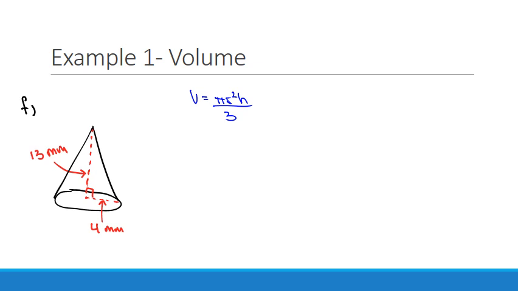Again, the one add-on with this question is, remember, there's my slant height. So they may give you a slant height and you have to find the height. If that's the case, it's just like the pyramid examples I've done, so there's nothing different about that. So let's get right to everything here. So 3.14, my radius is 4, my height is 13, divided by 3,